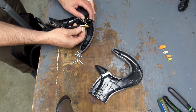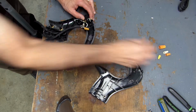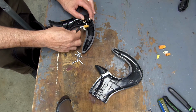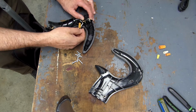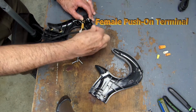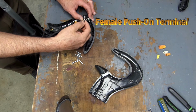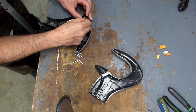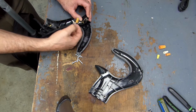Now, this is the wire nut that I used. It's this size here, one of the smaller ones, to do this repair. Now, when I pulled this apart originally, this wire nut was on the white one. It was already connected, but this black wire was continuous to this pole. Now, I didn't want to necessarily have to try to reattach this. So what I did was that I simply cut the original wire and then